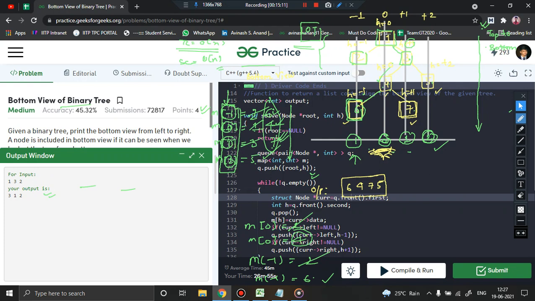So yes, the output is very fine, because you see 1, 3 and 2, if this is your tree, oh sorry, so 1, 3, 2 means like this, 1, 3 and 2, and if you're watching it from bottom, basically 3, 1 and 2 will be the output, and that is what we are getting, right? Submitting the code,